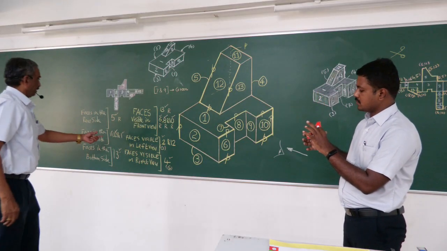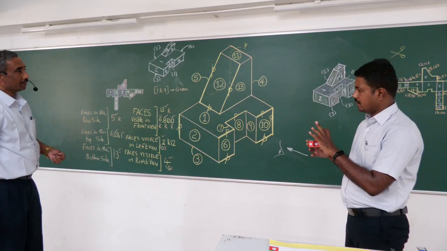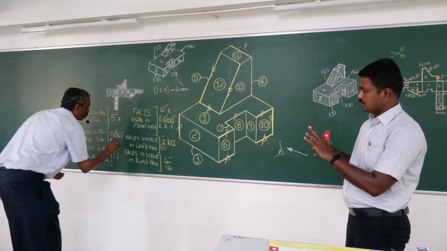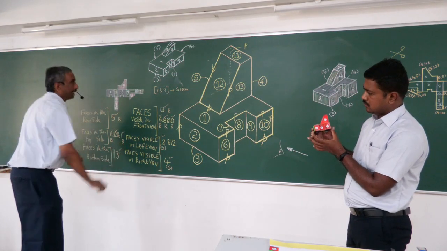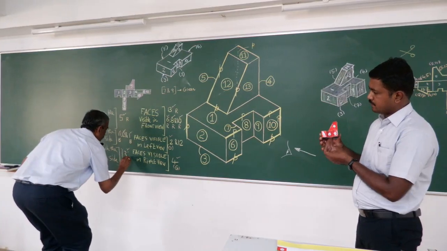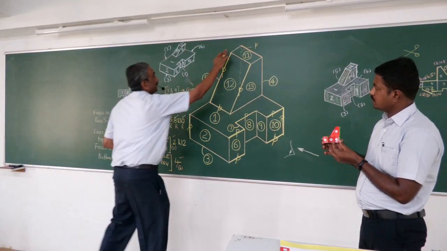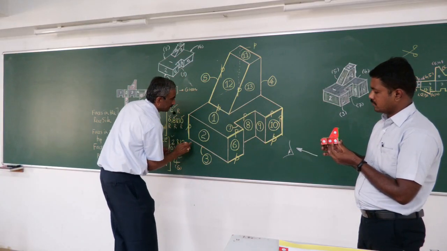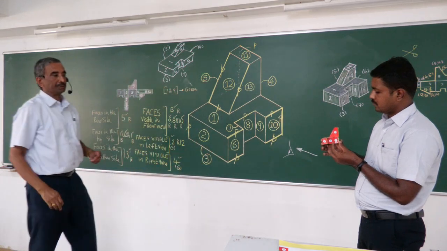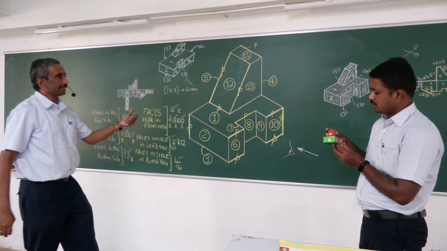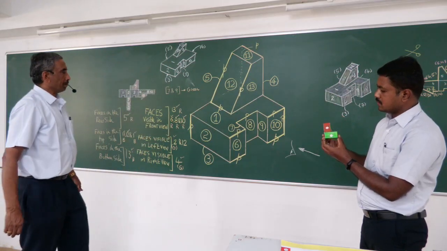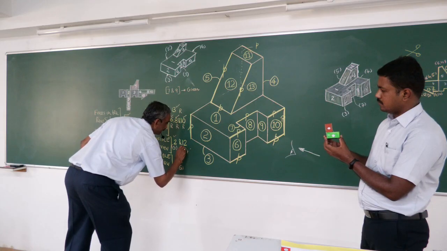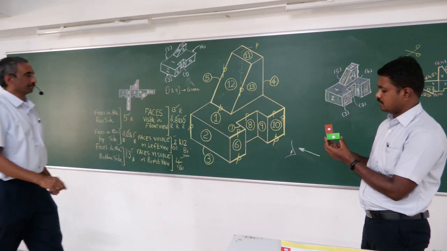Then, blue color. What are the faces, sir? 11 is drawn in blue color. 1 is drawn in blue color. 3 also is drawn in blue color. So this 11 in blue, 1 also in blue, the bottom face 3 also in blue. For 12, Naveen Ganesh has given a different color, brown color. Let us call this BR, brown.